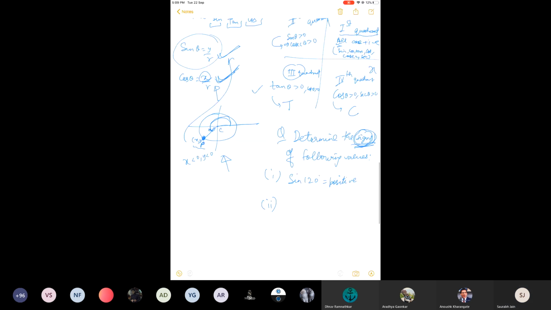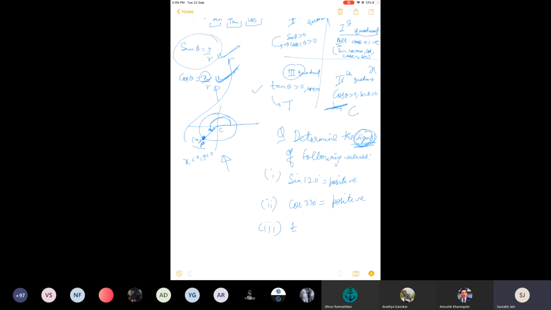All right. Then next is cos of 330 degree. Tell me the sign. Positive. Yes, once again, it is a positive value. Why? Because this angle, 330 degree, is in the fourth quadrant, greater than 270, less than 360. And as you can see by this rule, cos will be positive, right?